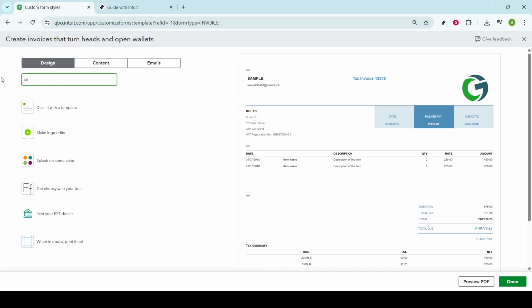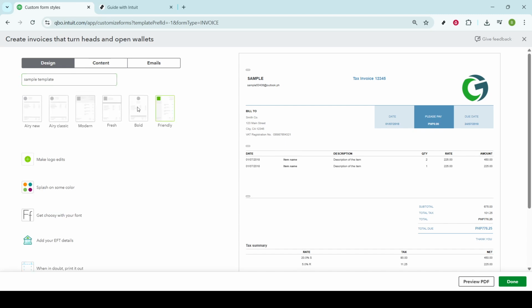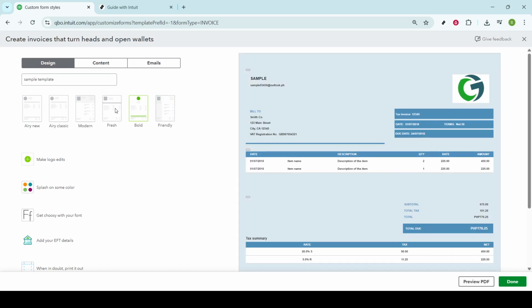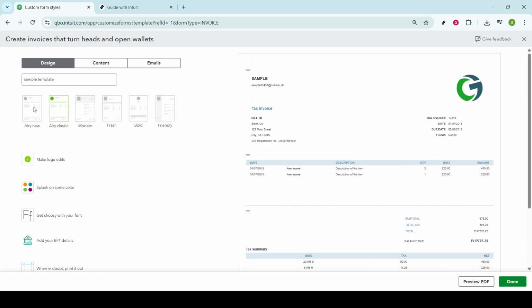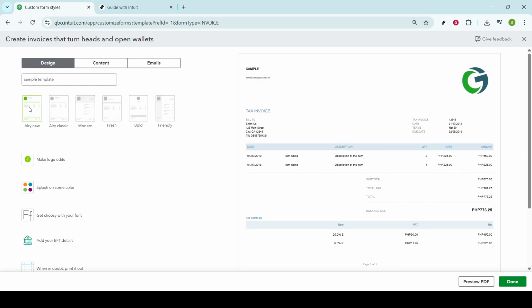To name your template, just find the space that says Add the template name and type in the name you've chosen. With your template selected and named, you can now let your creativity take the wheel. Editing the template's design allows you to incorporate your company's branding, which is crucial for maintaining brand consistency across all your financial documents. Take some time here to tweak the elements so that they align perfectly with the image you